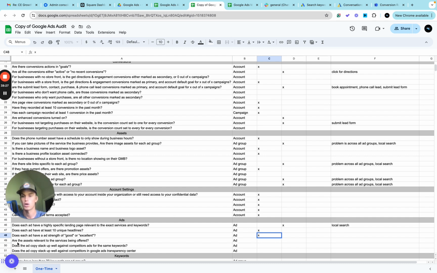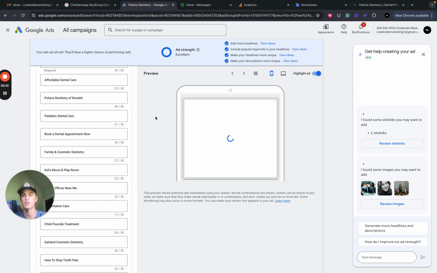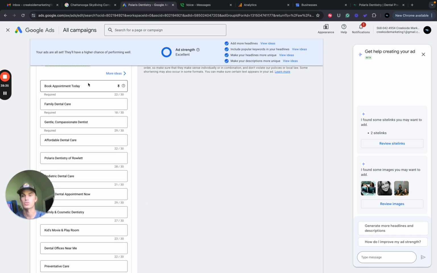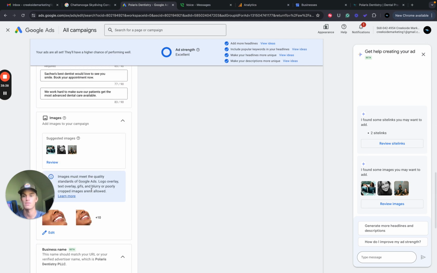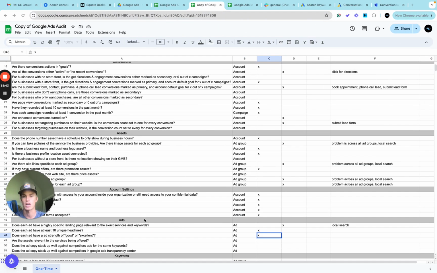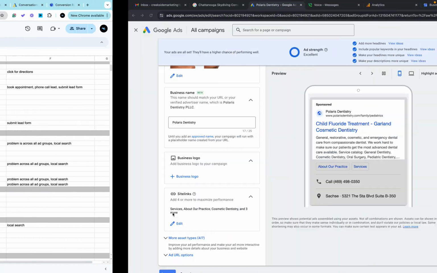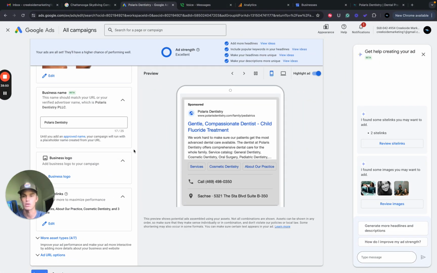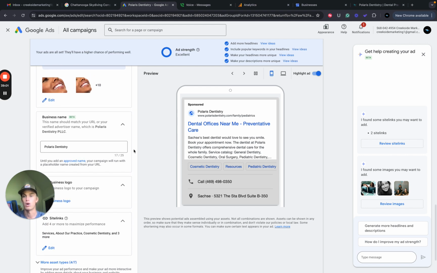Moving on, are the assets relevant to the services being offered? The assets are considered the headlines, and you also have the assets down here, specifically by ad group. And that's what we were talking about earlier, making sure that the assets are by ad group. Now we're getting more specific and making sure that not only do each of the ad groups have assets, but that the assets are actually specific to what we're promoting in our ad. So we'll check the site links,